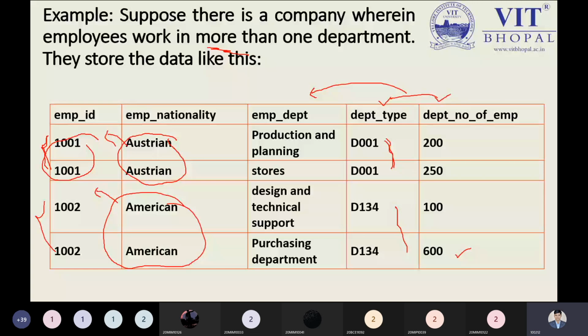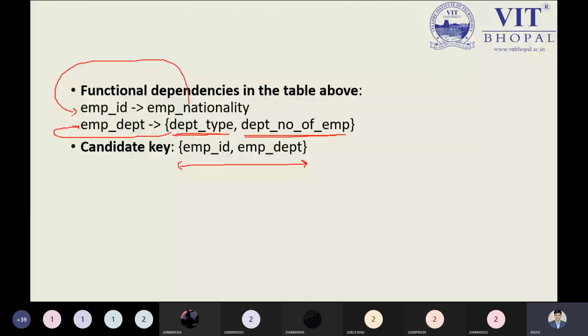So which would be the key attribute? If you're talking about the employee department, what would be the key attribute? From our functional dependencies, if you go through the functional dependencies part, then you can again observe here, department type we are not making as a key attribute. That is the point you have to keep in mind, because department type is having the duplicacy, so it cannot be a part of the key attribute.